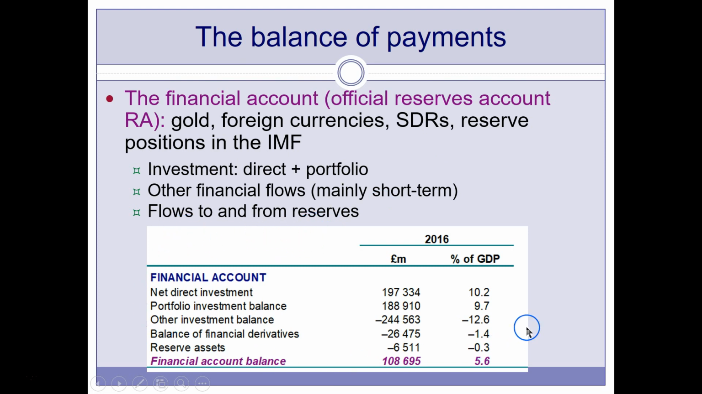So if we continue with our example, it will look like this. We'll have net direct investment, portfolio investment balance, other investment, and so on, reserve assets. And as a result, you will see that we will have a surplus here on this particular part of the